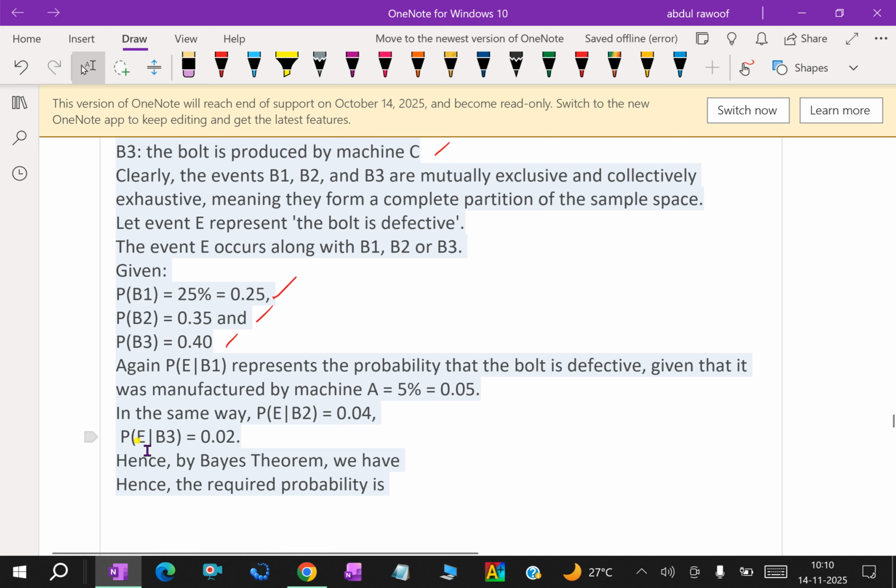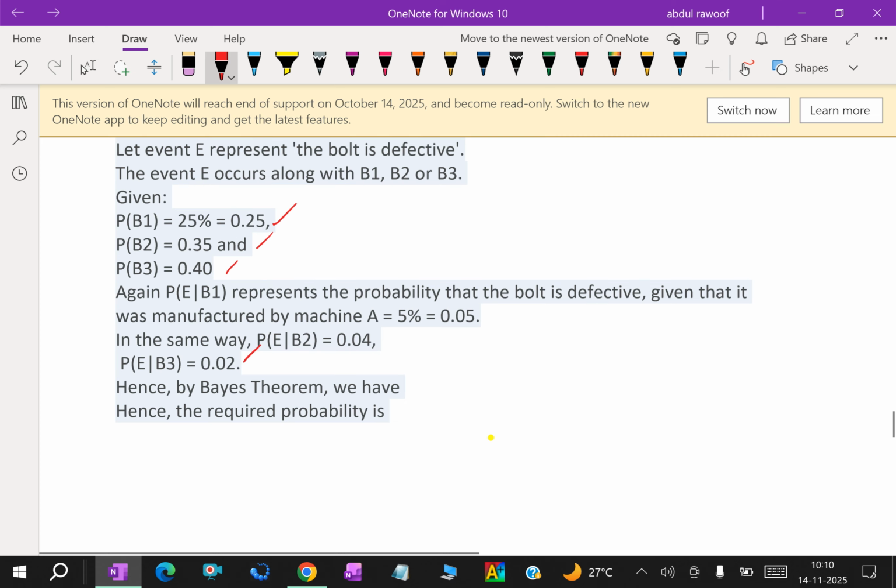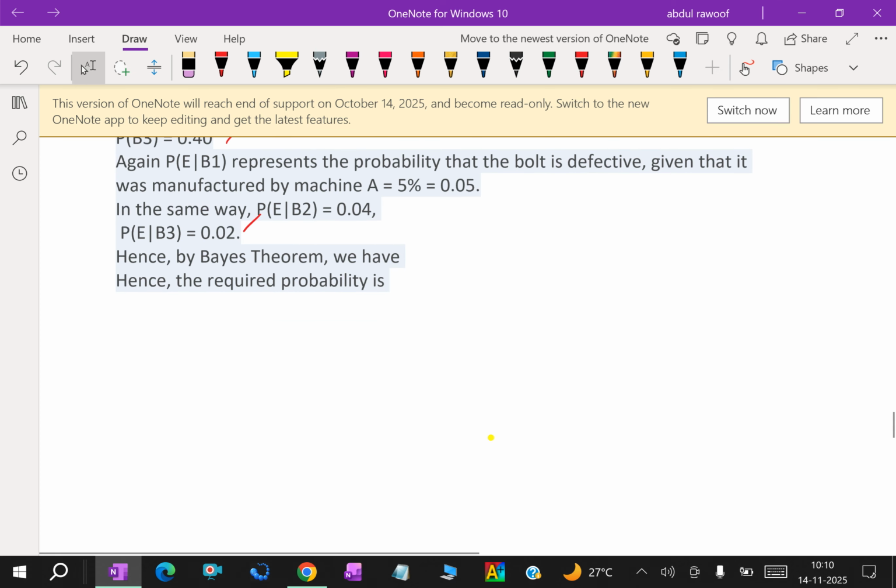Then similarly P of E given B2 is 0.04 because 4% defective, and P of E given B3 is 0.02, that is 2% defective. Hence by Bayes theorem, the required probability is: we need the probability of a defective bolt being from machine 2, that is B2,